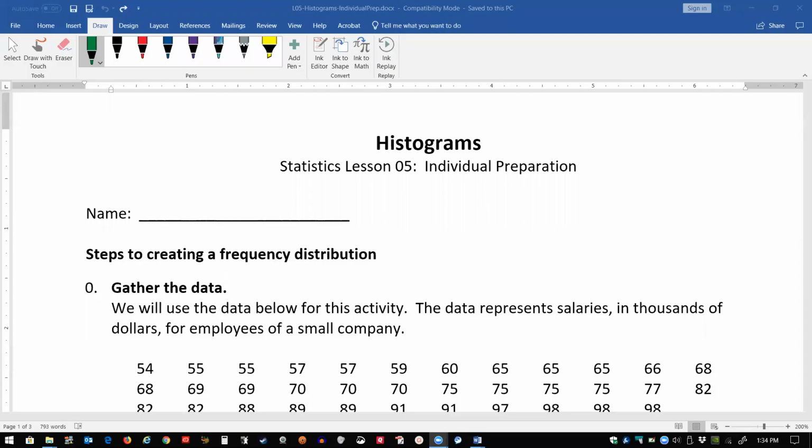Welcome back. So for this lesson, we're going to learn about one more graph that is very useful when we're trying to get a feel for what the distribution is like for a set of quantitative data. This particular graph is called a histogram. And the first way to do this is we're going to build a table that shows the frequencies of all